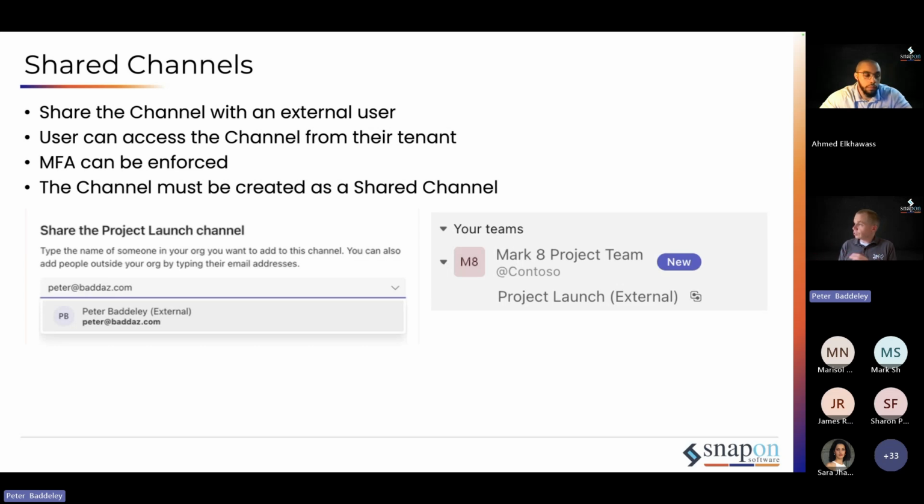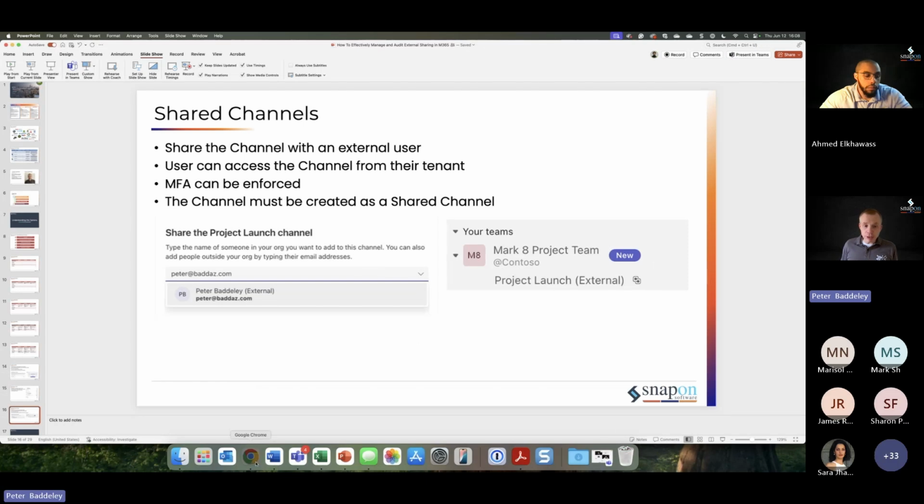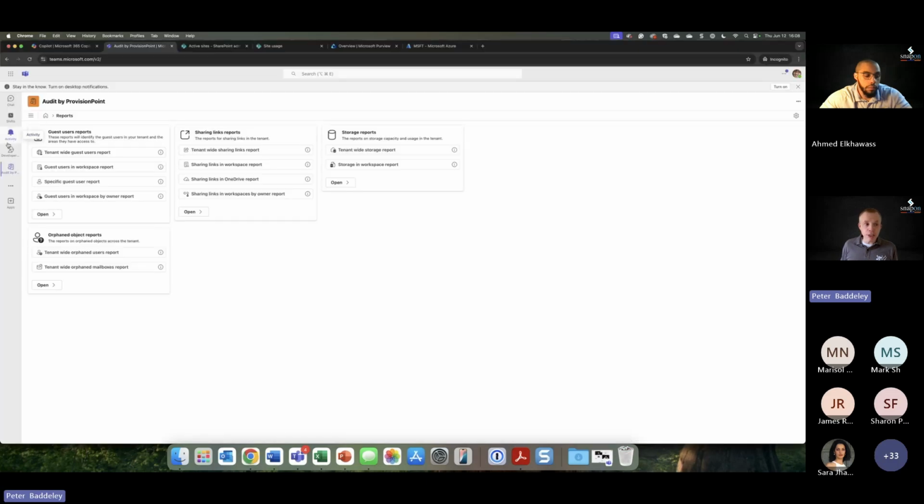They will then see that channel in their Teams, and they'll be able to interact with the chat, the files, and some of those apps. You can again enforce conditional access rules like multi-factor authentication. So what does each of these look like? It's really, really simple. From within something like Teams,